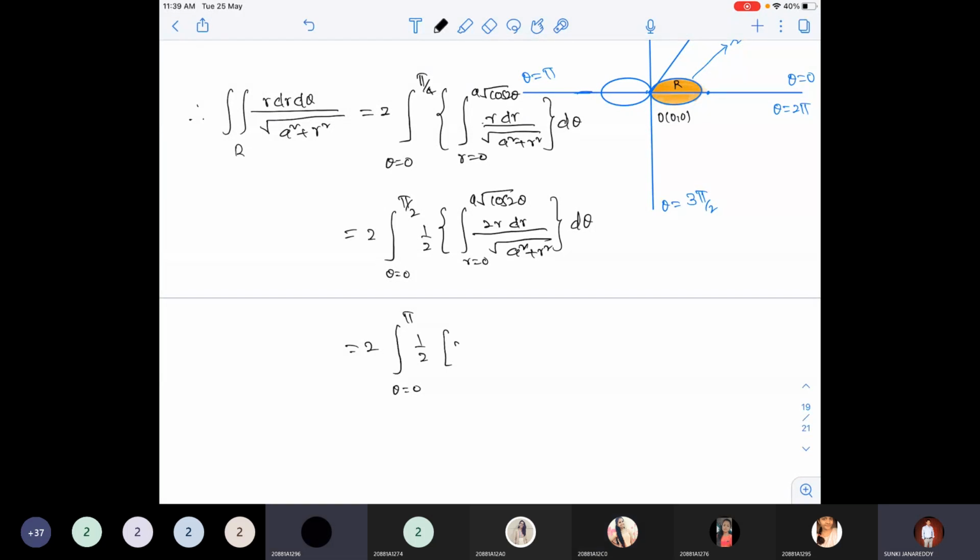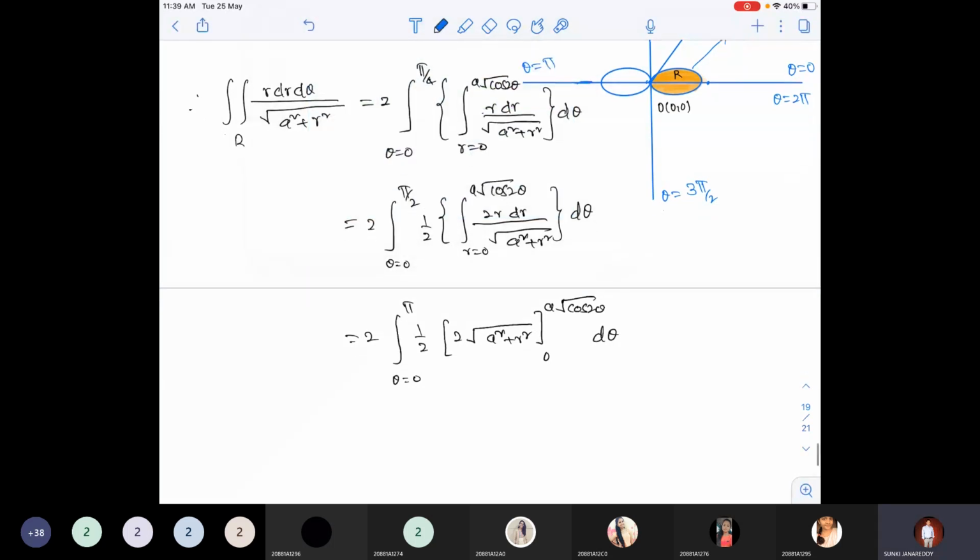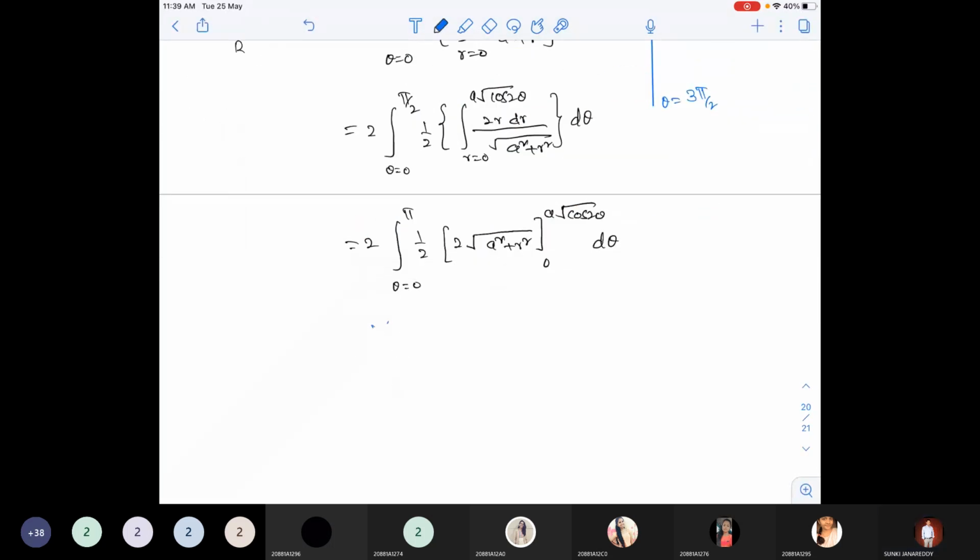Here 2 root f of a x square minus r square. Okay, that's it. Now, what are the limits? Here the integral limits are 0 to a into root cos 2 theta into d theta. Can I write a formula for this? It is of the form, since